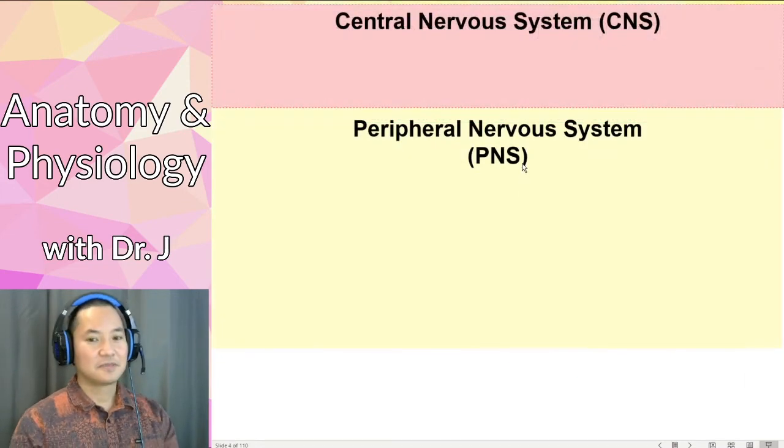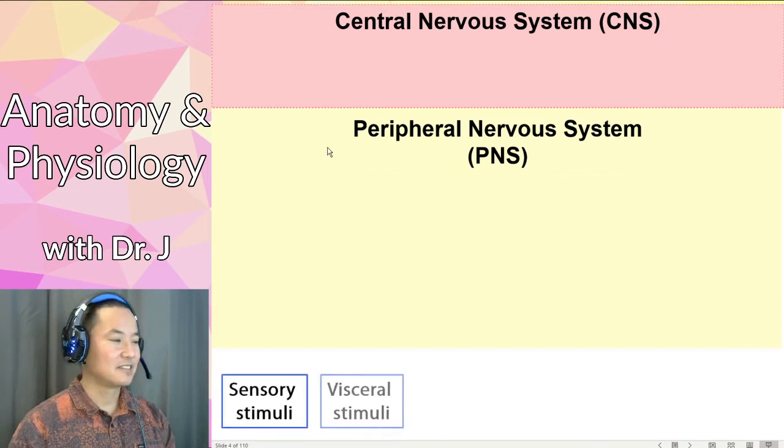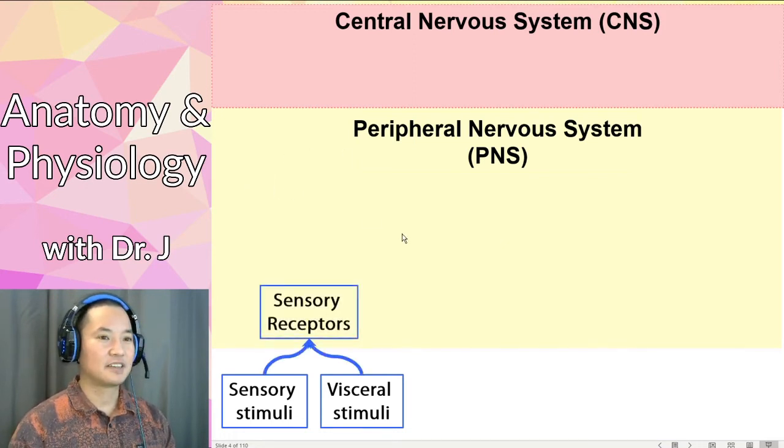All right, so we're almost done with the nervous system. Okay, so how do signals get detected by the nervous system? Again, you have those changes in your environment you call stimuli. So these are the sensory stimuli and your visceral stimuli. Again, they're sensory. You can sense both your external and internal environment, and they both end up at some sort